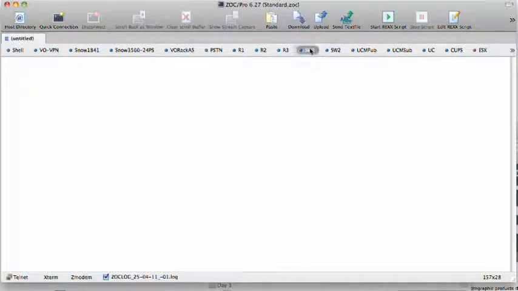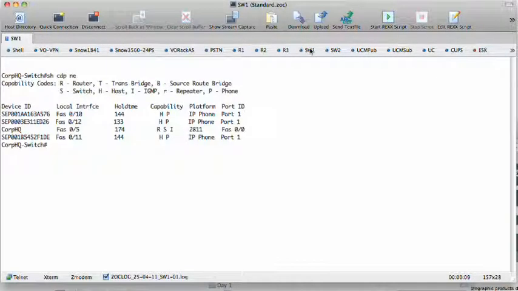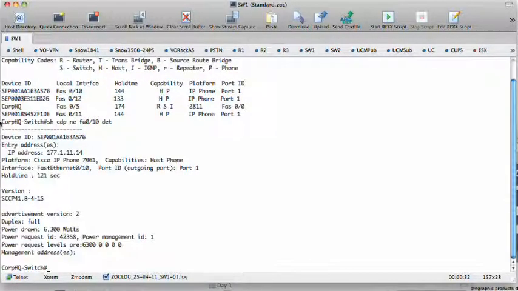Okay, so let's start out on switch 1, and let's just take a look and do a show CDP neighbor and see what we have. And we see that we have 3 phones, and those phones are on fast 0/10, fast 0/11, and fast Ethernet 0/12. And if we do a show CDP neighbor detail for fast, let's say 0/10, we note that we see its